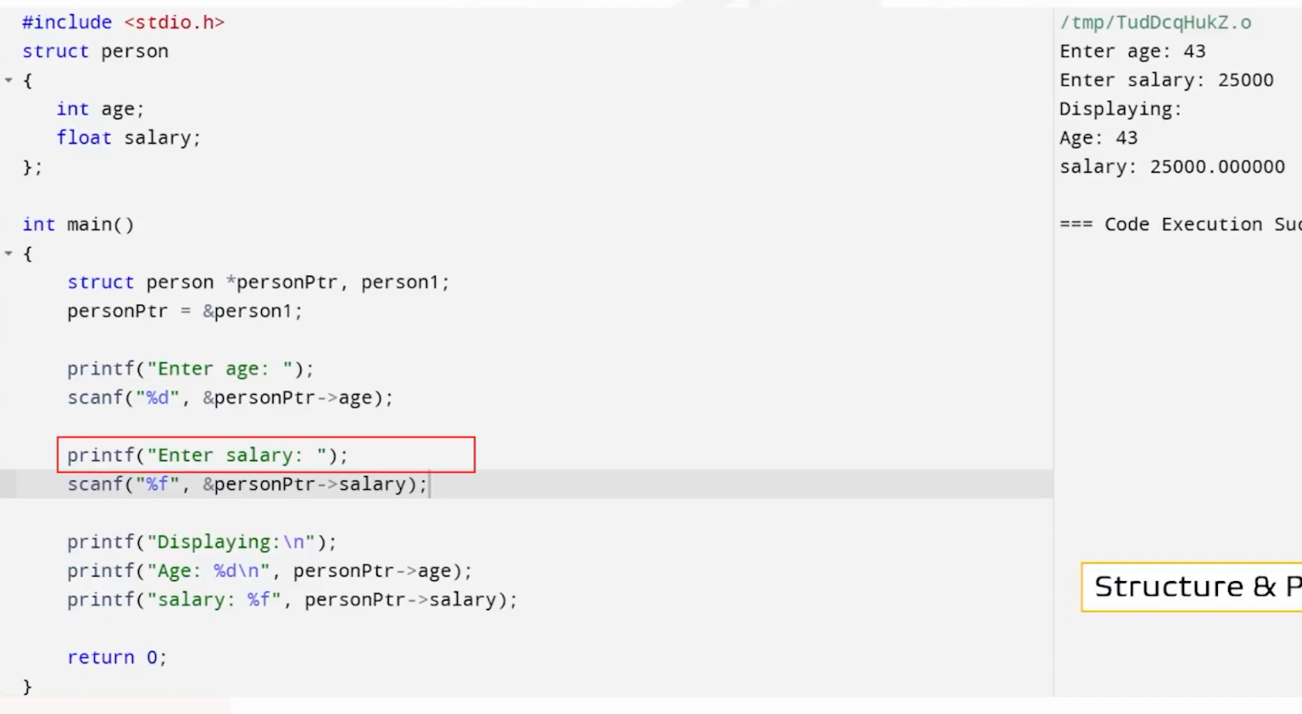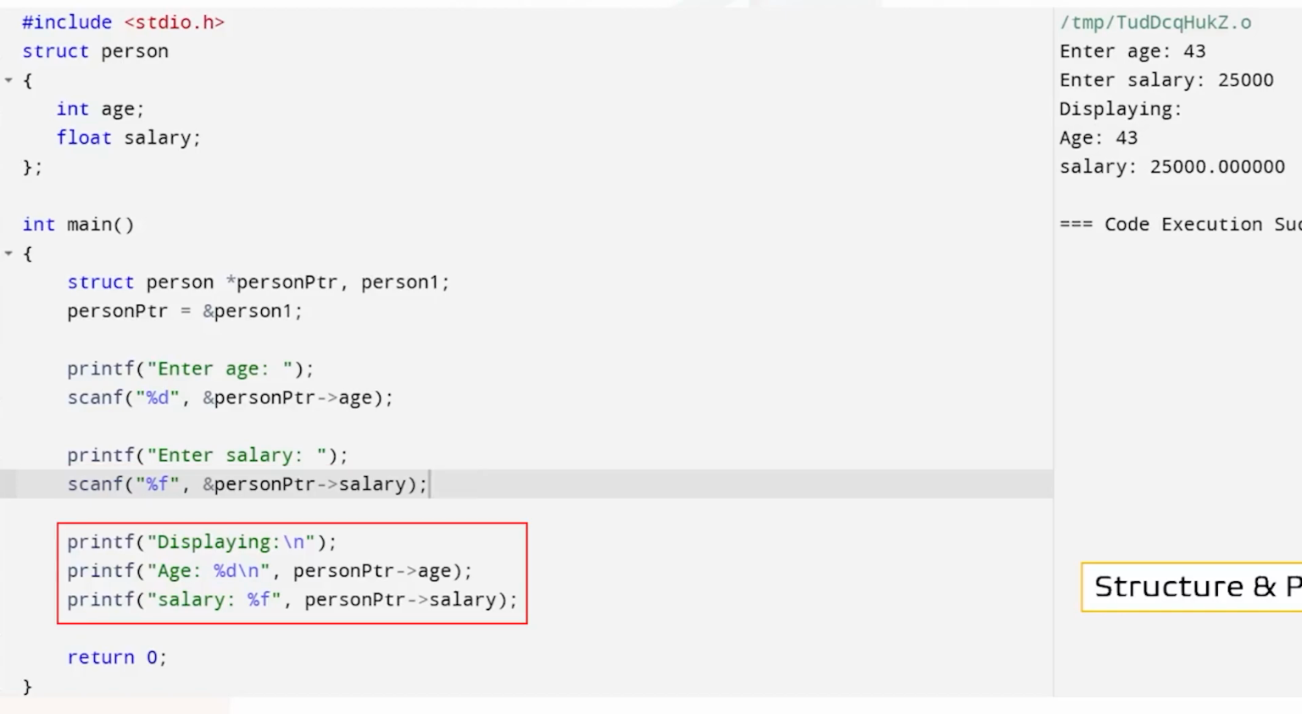And then in the second line, we again prompt the user to enter salary. Once again, we use the person pointer with the arrow operator to assign a value to the salary. And of course, with the printf to display the age and the salary again, we use exactly the same thing, the arrow operators. Now you might wonder, and you should be able to understand the answer on your own, why